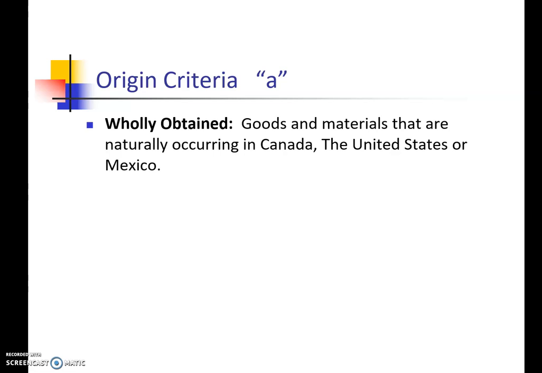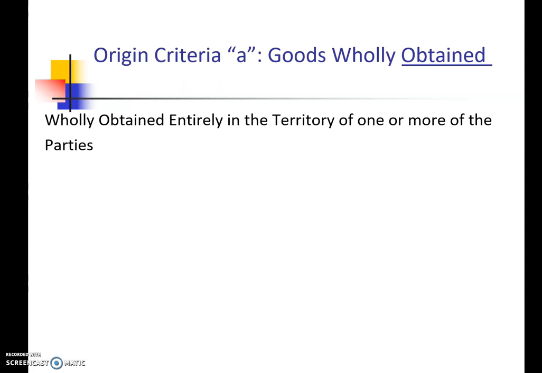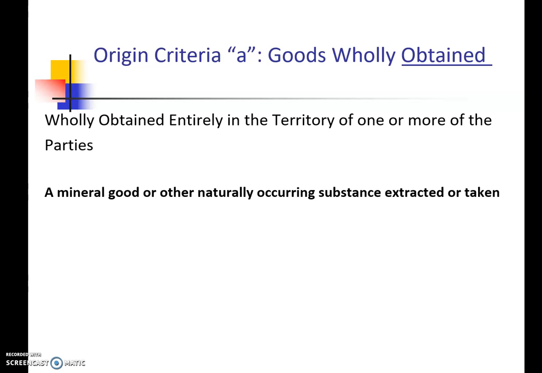Now remember something. In order for something to be called naturally occurring, it has to fall under one of the rules that's set out in the CUSMA agreement for wholly obtained, and we're going to go through those now. So, origin criteria A, goods wholly obtained, goods that are naturally occurring. So, one of the items might be a mineral good or other naturally occurring substance extracted or taken from Canada,